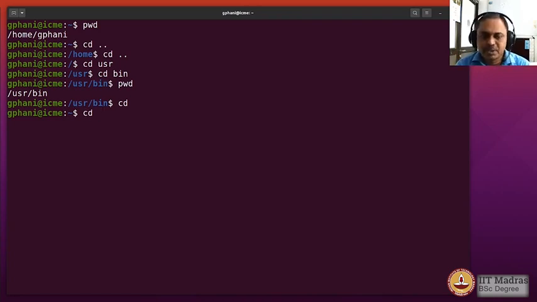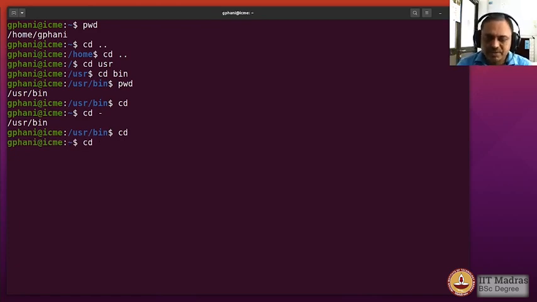We don't have to type usr bin, we can just say cd and then a hyphen to indicate the previous directory we were in, and we will be placed in the previous directory that we were working in. Sometimes if the directory names are very long, this could be quite useful. And when we press cd, we come to the home directory, and as you would notice, if you press cd space dot, then nothing will happen, because that's like changing the directory to the current directory, which doesn't change anything.